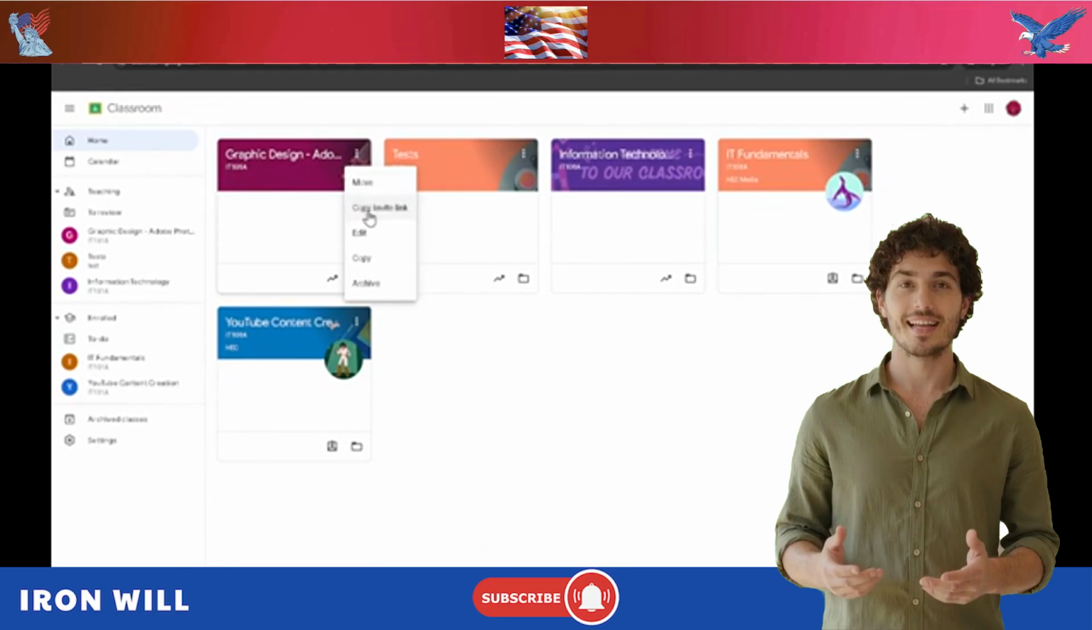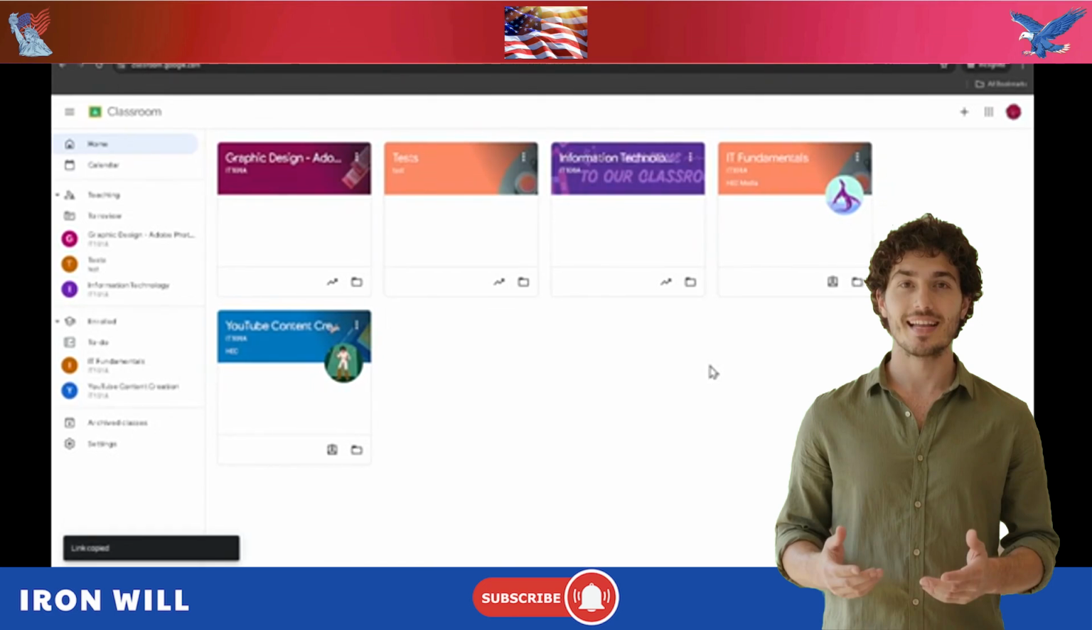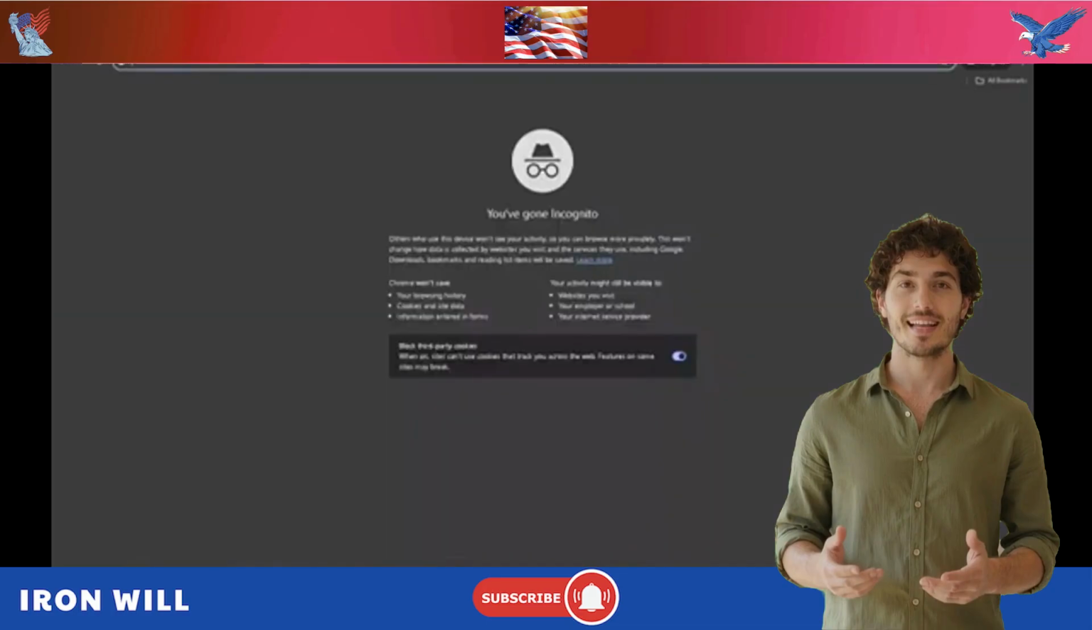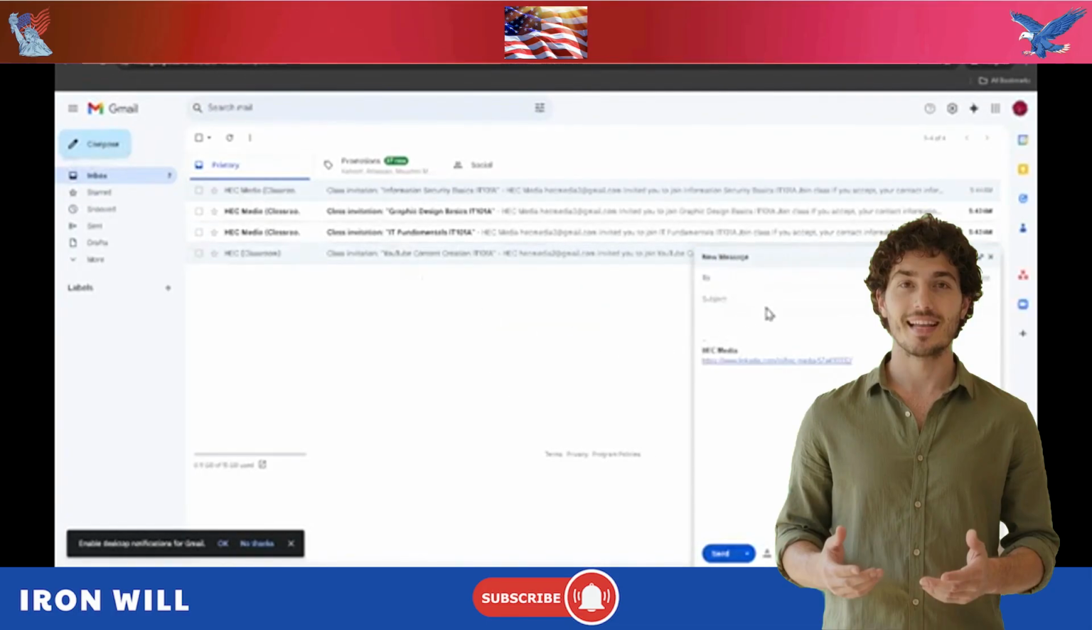Once the Classroom page opens, look for the three dots on the main banner to see more options. Click those dots and select Copy Invite Link from the menu. This saves the link to your clipboard immediately. Now that you have the link, you can paste it into an email, a message, or any other communication tool